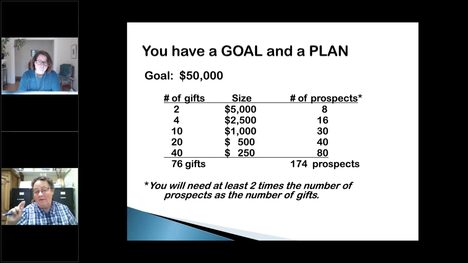They are not only valuable by the sheer size that they are, $5,000 in this case, but also because they give other people confidence. So, for a simple-minded example, if you say our goal is $50,000, and you come to me and say, Kim, I'd like you to help, and I say, well, how much have you raised so far? And you say zero, and I was thinking I would give $250. That doesn't feel very good. But if you're able to say, well, we're at $45,000, my $250 feels like it's very much on a trajectory, and you're almost at the finish line. So that's very, very important. And any of you who are not familiar with gift range charts, I would really take the time to go online and look up any of the many explanations of them, and you'll see the logic of them.